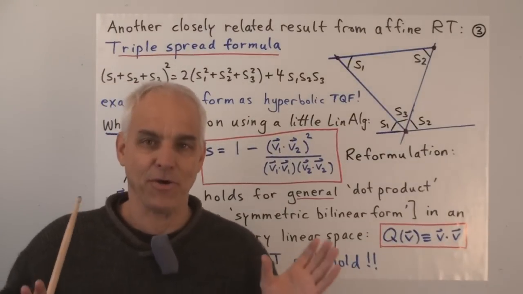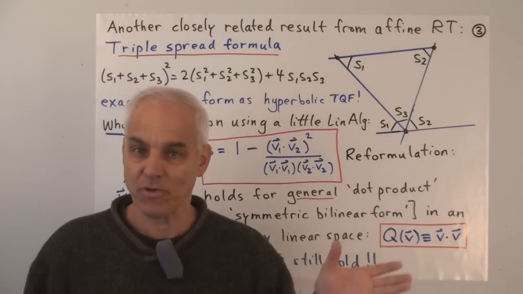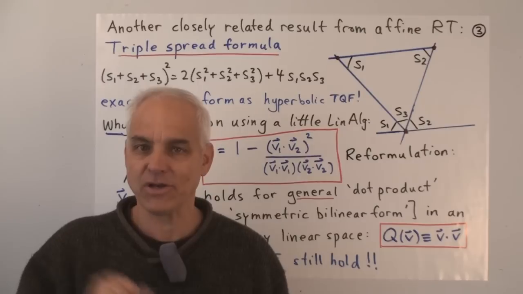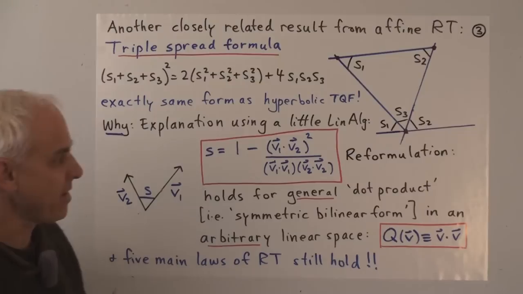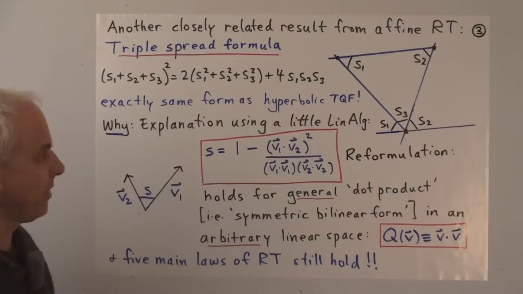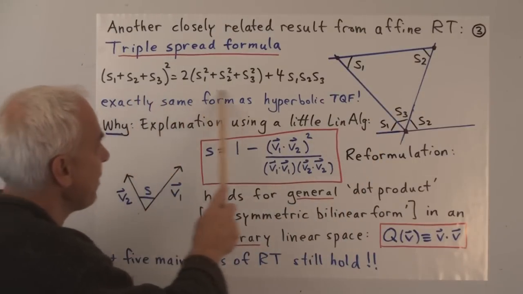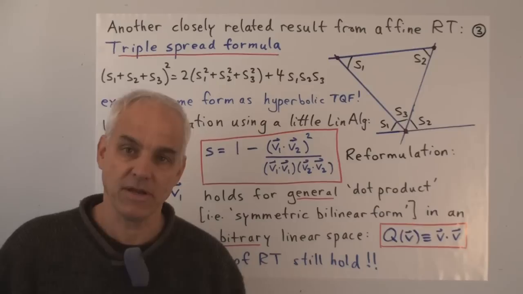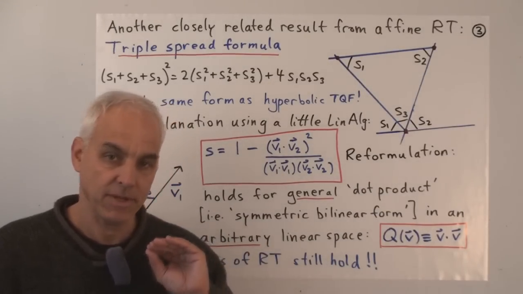Of course, there's another very important connection between the hyperbolic triple quad formula and one of the other formulas of rational trigonometry. And that's the triple spread formula, which concerns the three spreads formed by a triangle. The three spreads S1, S2, and S3 of a triangle satisfy the triple spread formula, which is exactly the same as the formula that we're talking about here today about the quadrances formed by three collinear points in the hyperbolic setting.